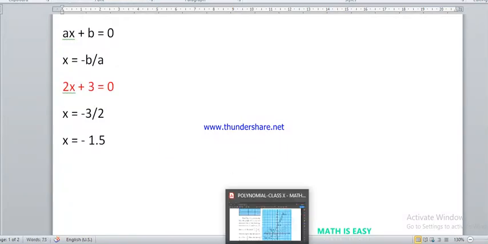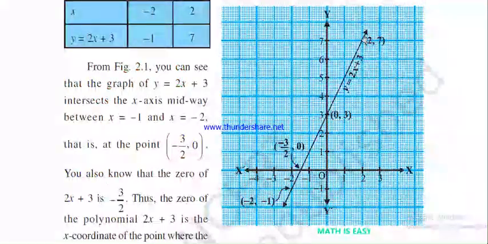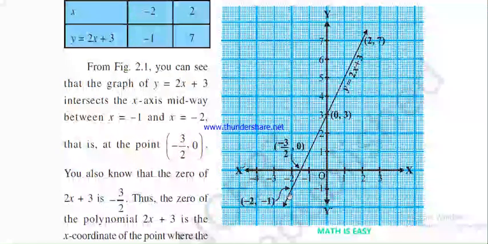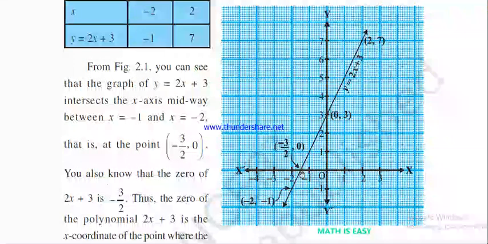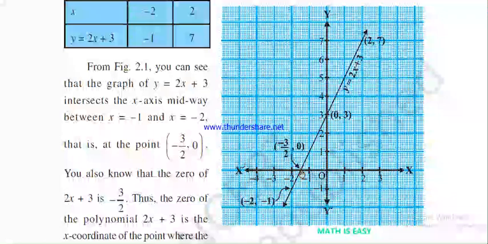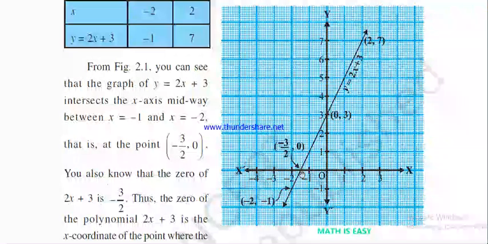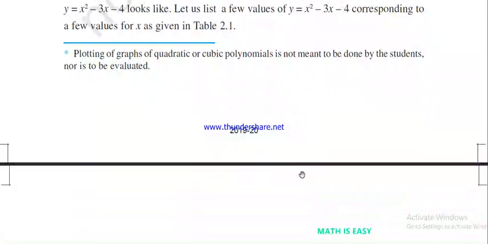So when I represent on the graph, see, this is the straight line, am I right? And this straight line exactly touches the x-axis at minus 1.5 value. Okay. So the geometrical meaning of the 0 of the polynomial or solution of the polynomial is: when I represent that polynomial on the graph, where the graph is intersecting the x-axis, that will be the 0 of that polynomial.